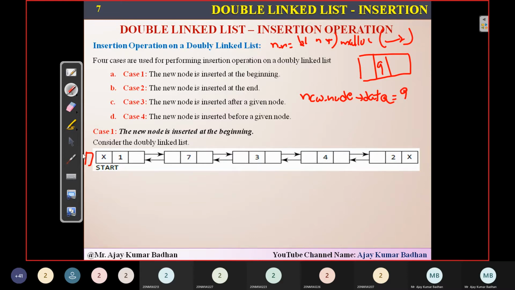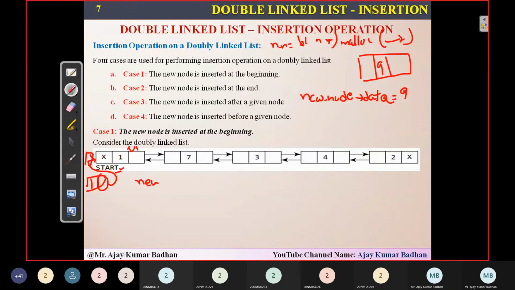Now I want to place it in the beginning here, right? In this particular location. So what shall I do now? It's very simple, I guess. You know that this is the first node and it is pointed by start. So whatever the new node I'm having here, the next block of this new node should consist of the address of this particular node, and that address is present in start.